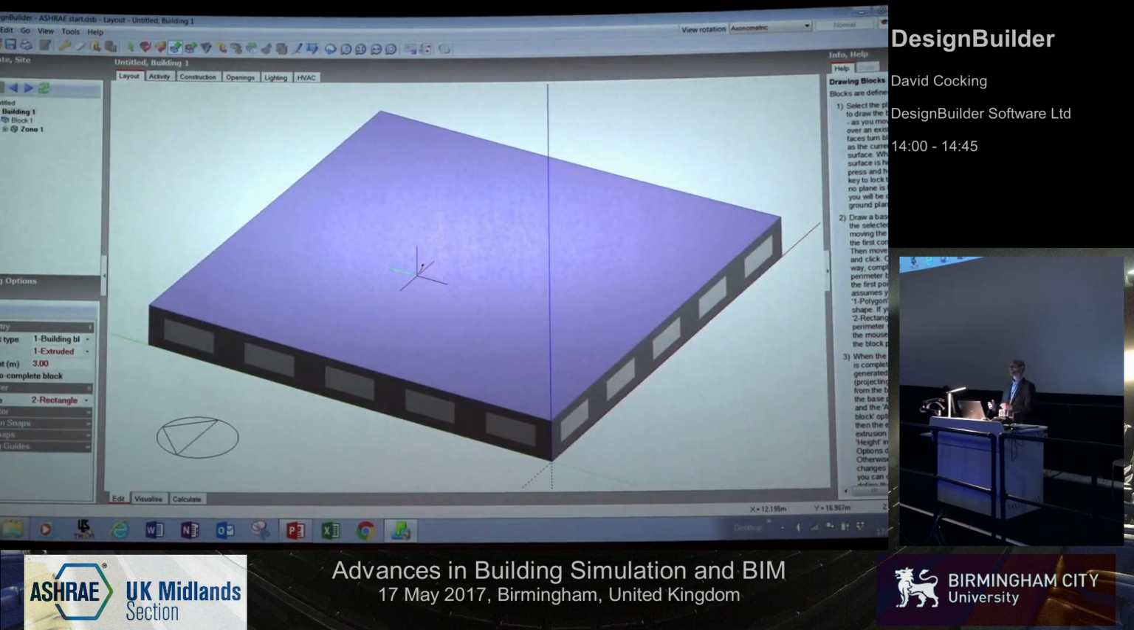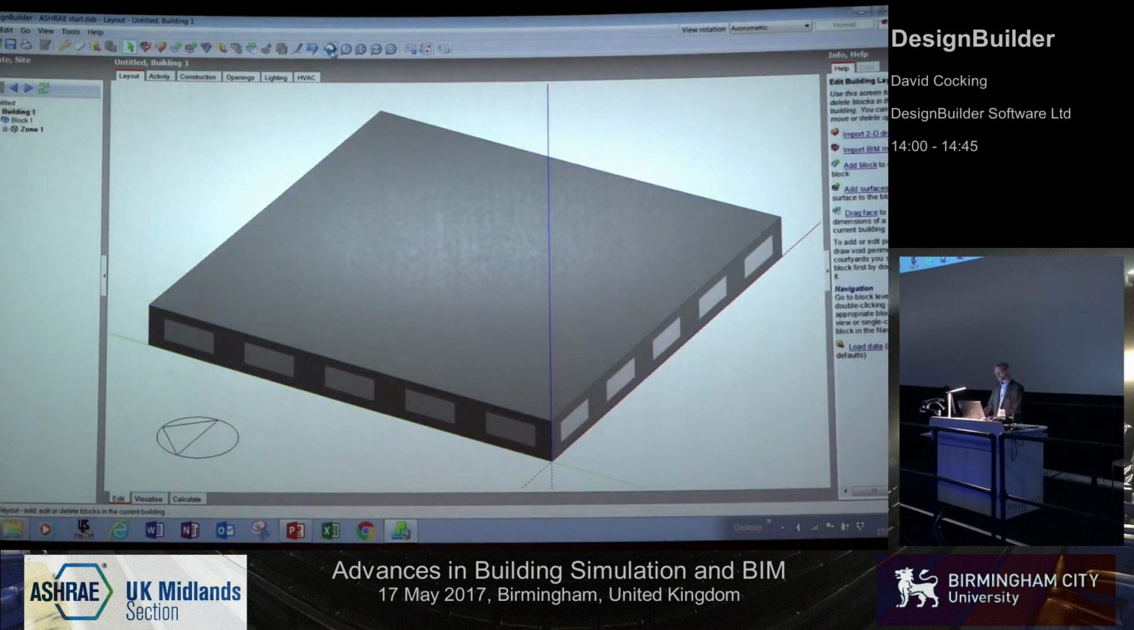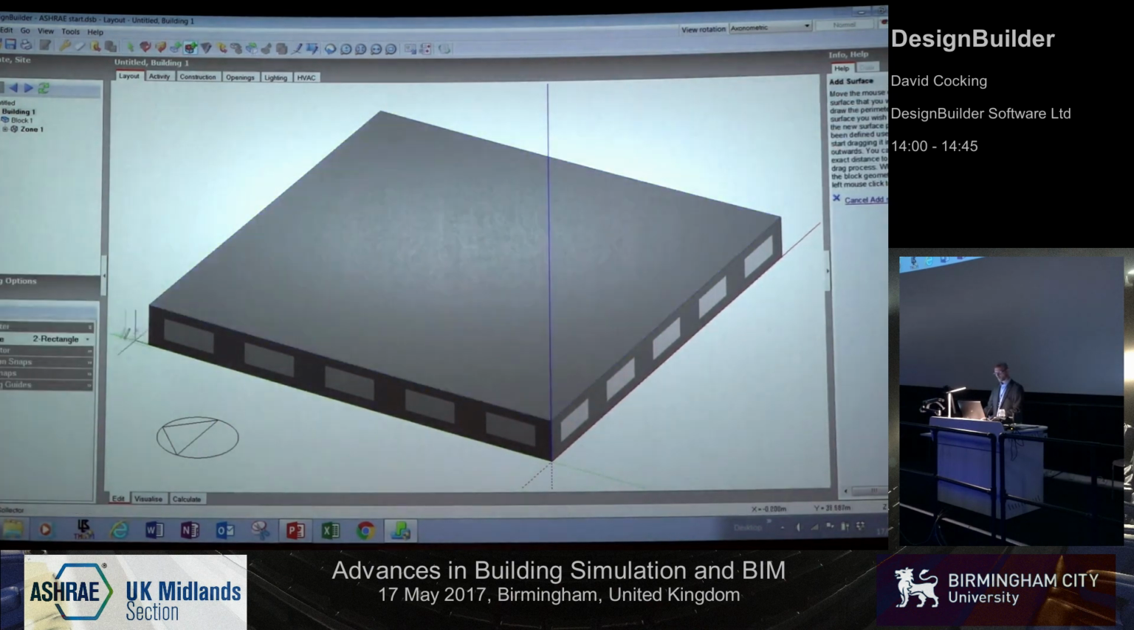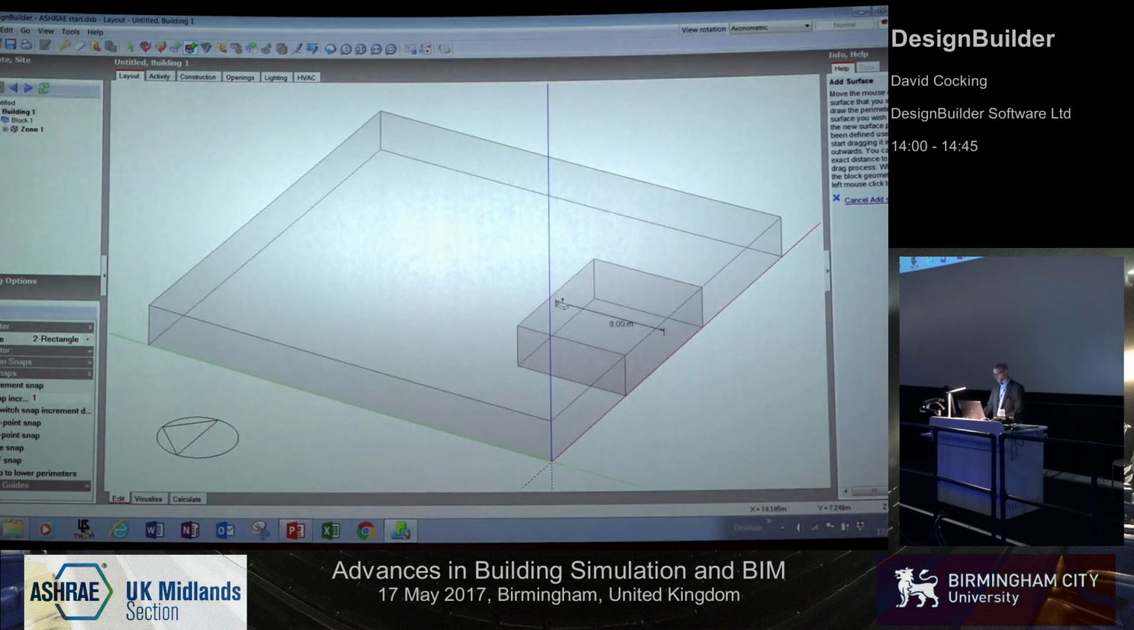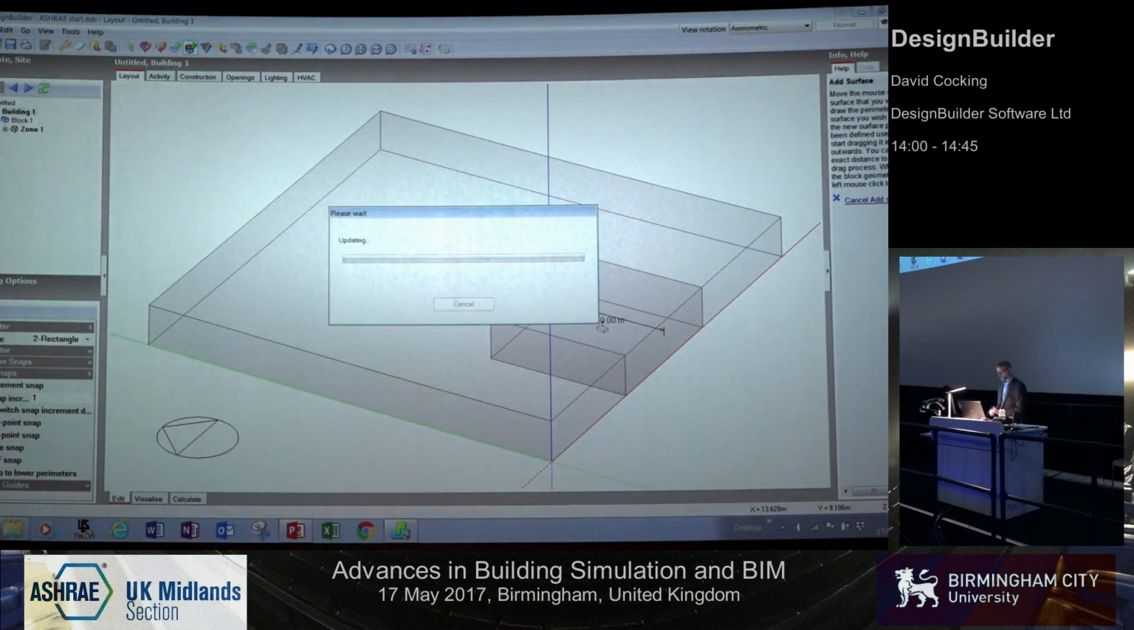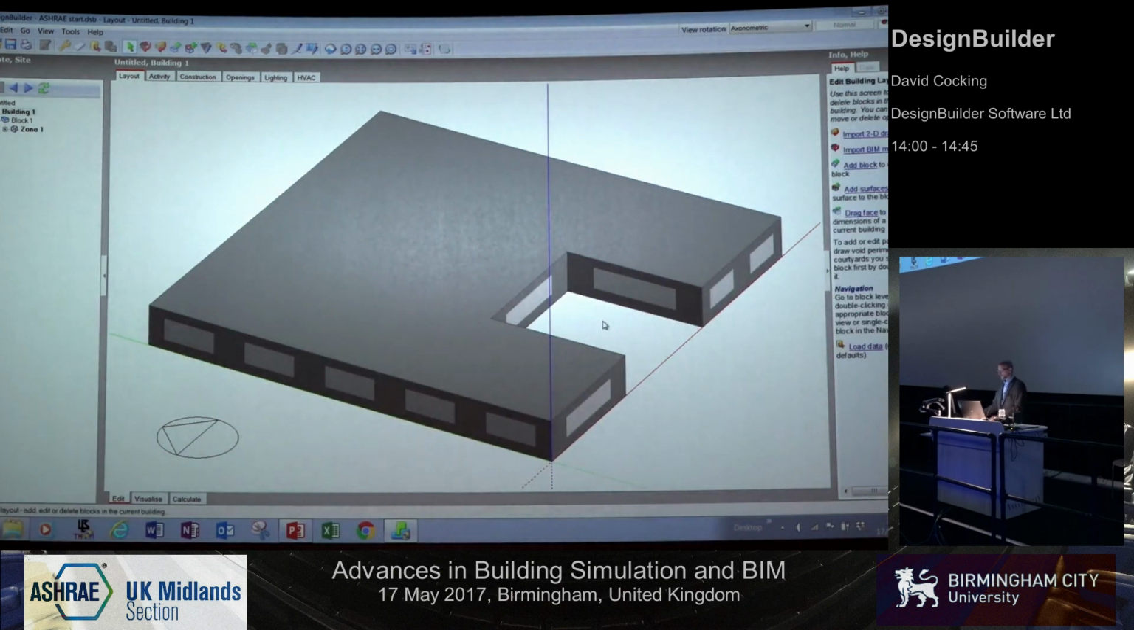Once we've got some geometry in DesignBuilder, it's very easy to edit it, to stretch it, to cut it, to shape it, push it, pull it. So I'm going to use this little tool here, and I'm going to basically just take a chunk out of this south facade here, 10 metres in, and 10 metres across, and I'll come back 10 metres. So I'm going to create effectively a simple horseshoe shape. Okay? Once I've done that,